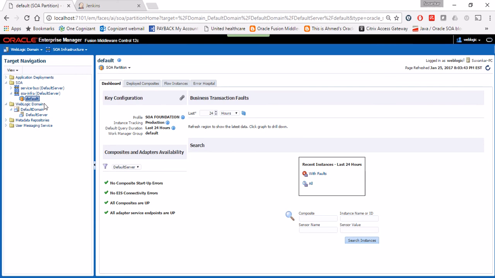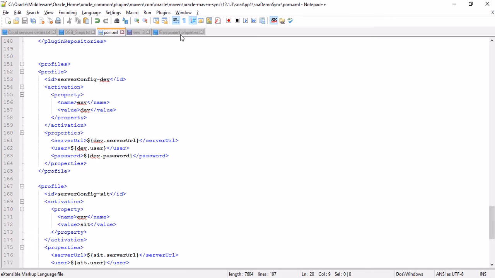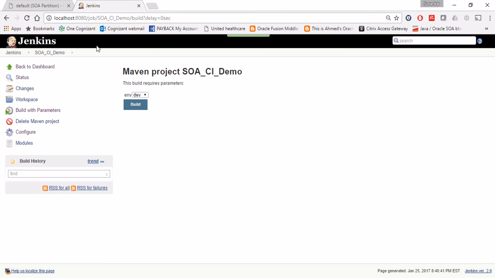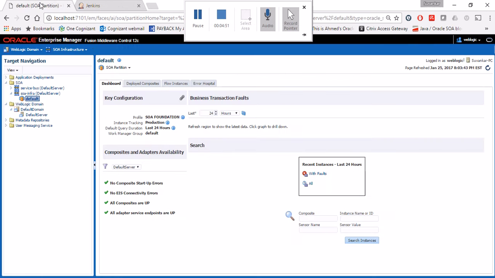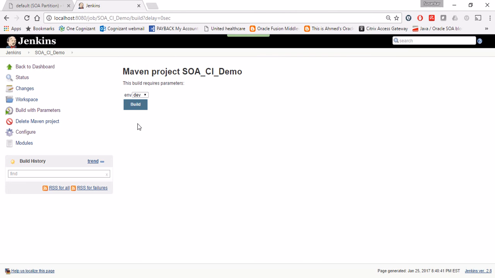In this server right now we don't have any process deployed. So let me go ahead and try to deploy it in the local dev environment. For the dev environment I am just using this URL, localhost 7101. So this is my local environment. Now from Jenkins I'm going to deploy it. In order to deploy it, just click on build,